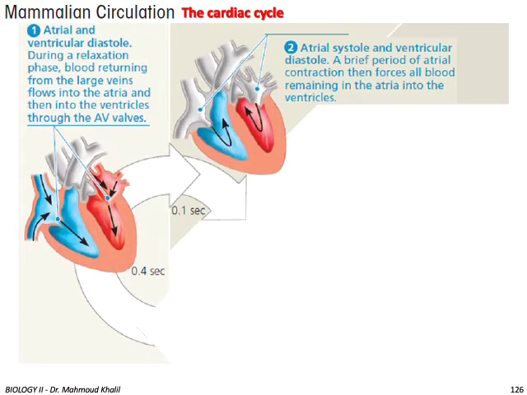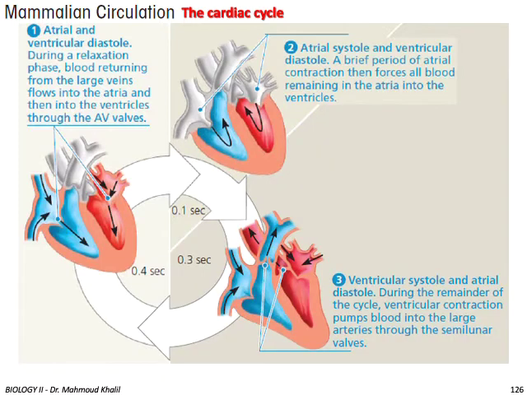After that, it starts the atrial systole and the ventricular diastole. This is a very brief period, around 0.1 second, where the atrial contraction forces all blood remaining in the atria into the ventricle. This is followed by ventricular systole and atrial diastole. During the remainder of the cycle, which takes around 0.3 seconds, the ventricular contraction pumps blood into the large arteries